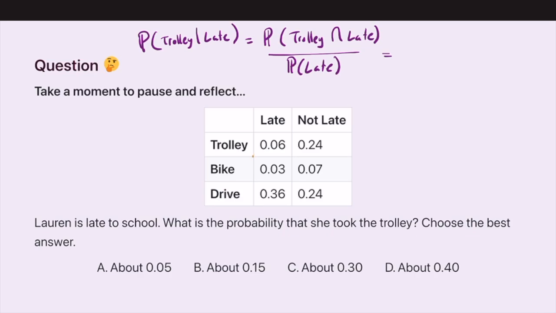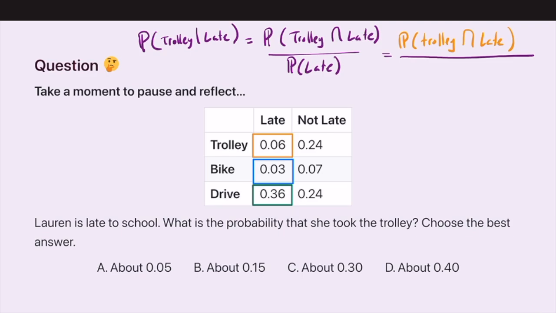So we have this one, and we'll use blue for bike, and we'll use green for drive. Okay. So here we have the probability of trolley and late over